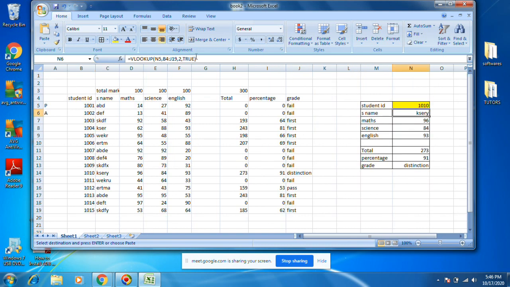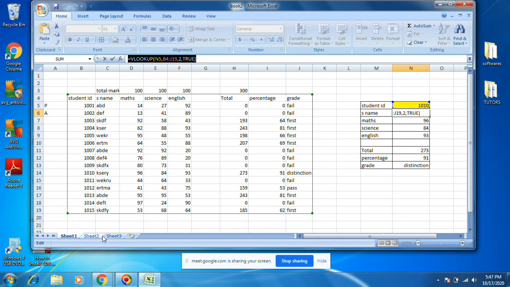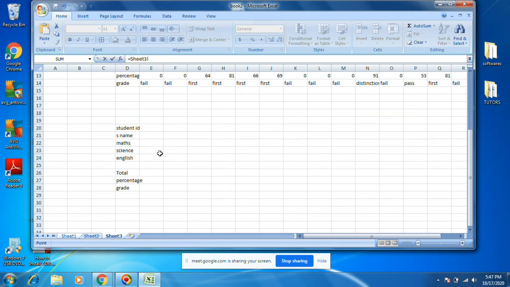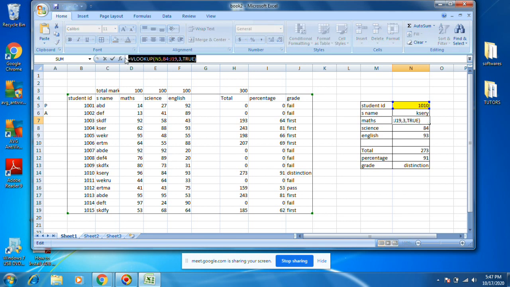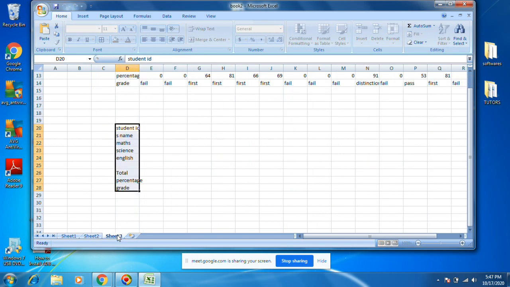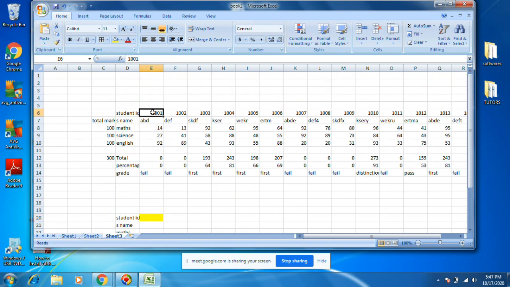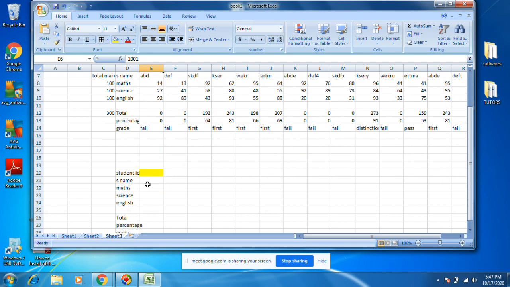I'll just do only one for you. Just the student's ID. Let's do HLOOKUP one. I want to write some student ID. I need to get all the things. Okay, S name. Now HLOOKUP, is equal to